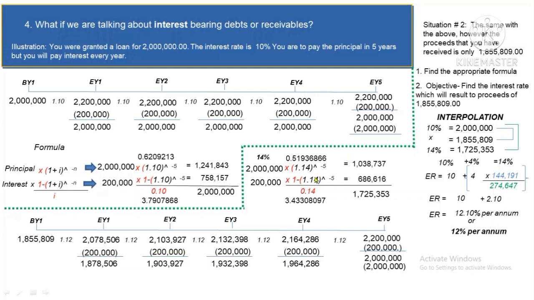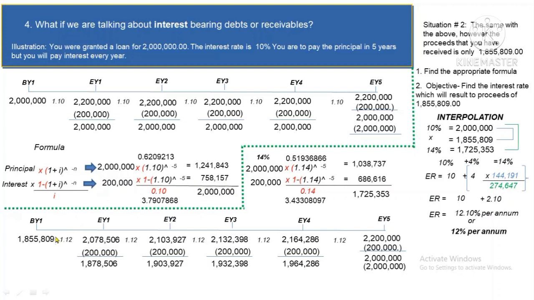Sir, what if the 1,855,809 is missing, however the 12% effective rate is given? So what will happen? Of course, guys, you will not need to have the interpolation and the trial and error because the effective rate is already there. What you need to do is to get the 1,855,809. And how do you do that? By using the 12% and applying it with the appropriate formulas right here. So meaning, instead of 2 million times 1.10, you're gonna have 2 million times 1.12 raised to the power of negative 5. And here, 200,000 times 1 minus 1.12 raised to the power of negative 5 to get that